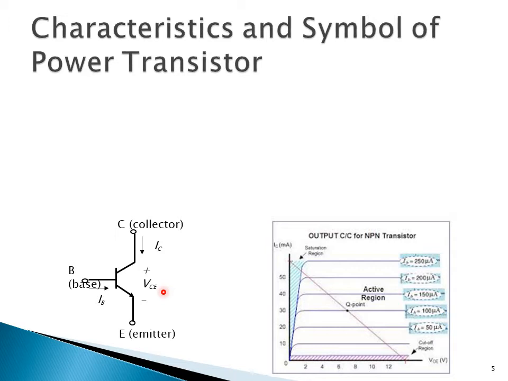So what do we use it as? We use it as a switch. The same way that we are going to use a diode as a switch, or an SCR or thyristor as a switch, here also the transistor will be used as a switch. So if I want to use this transistor as a switch, the two regions where it will be operating will be the saturation region and the cutoff region. We will not operate the transistor in the active region as far as power electronics is concerned.